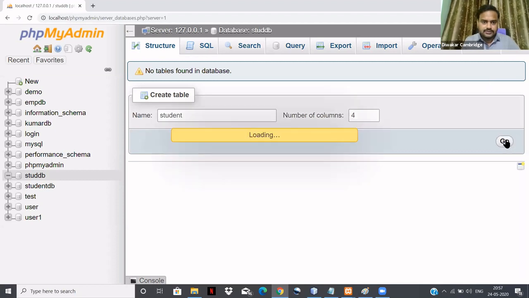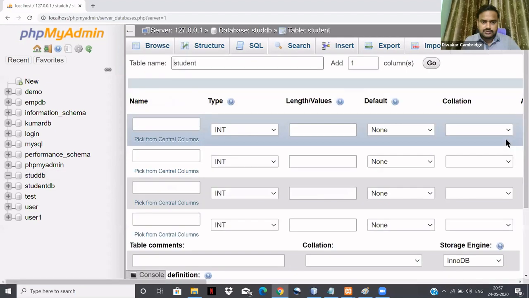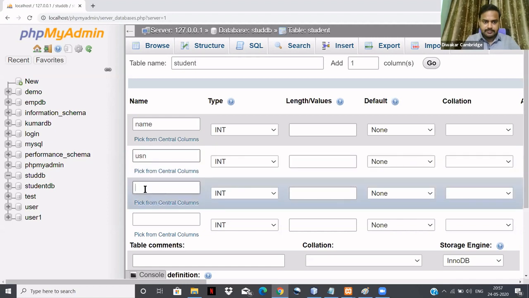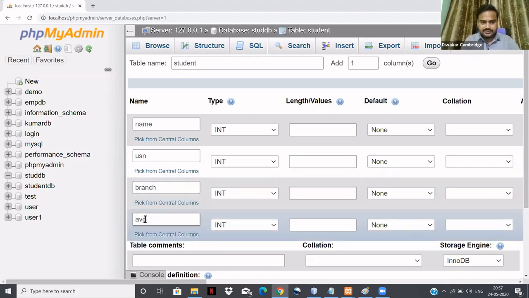Then you have to give the column names here. Name, USN, branch, average. You give 4 fields.